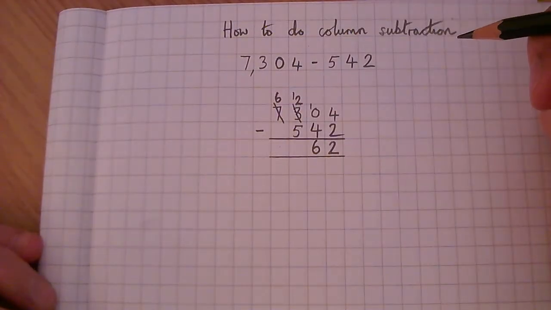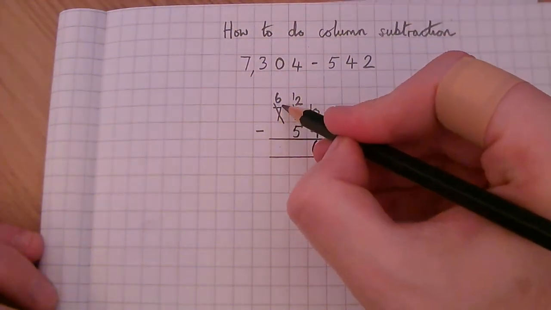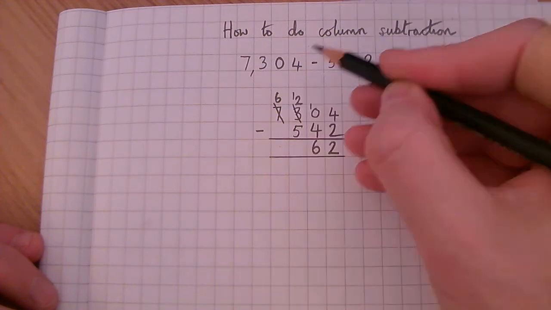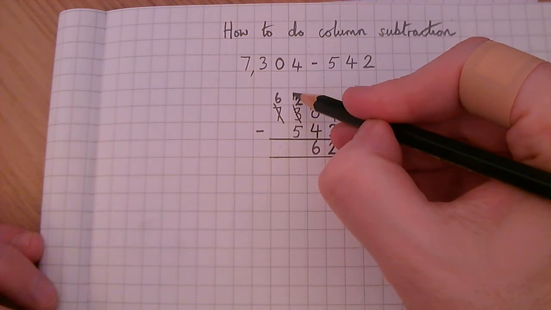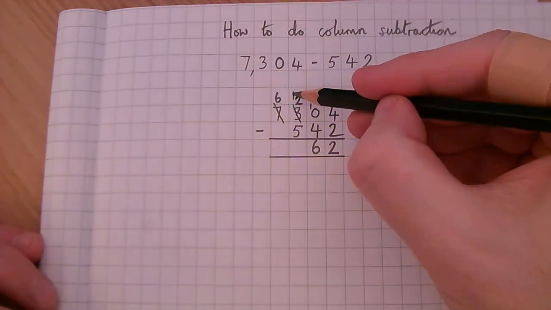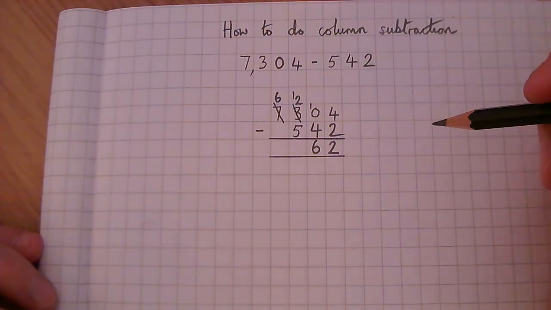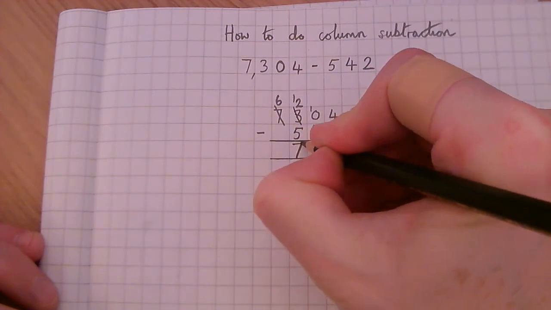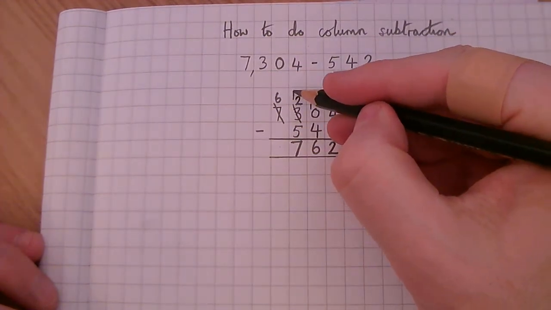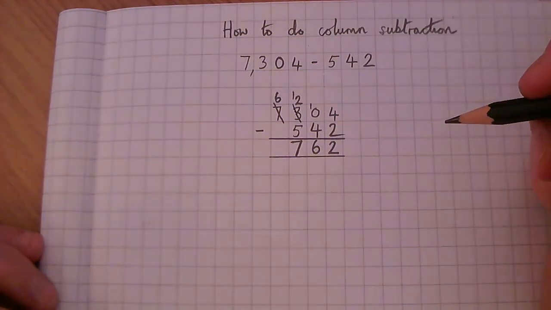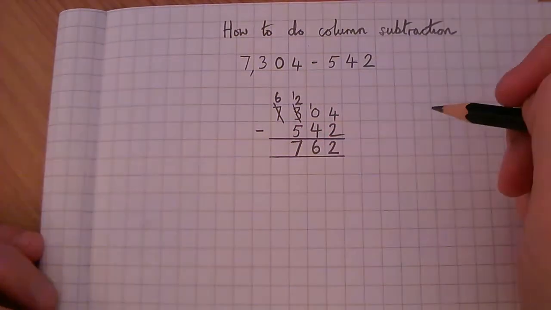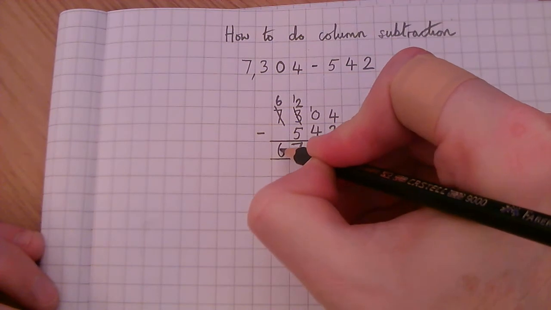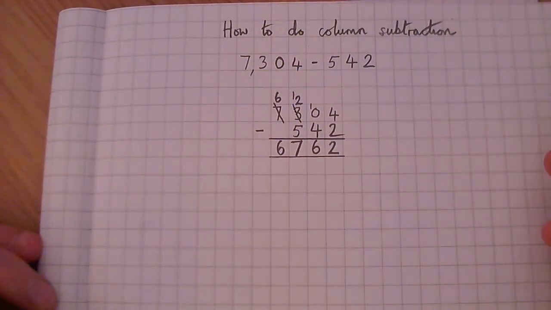So what we've done to explain that is this is worth 7,000 and we've taken one of the thousands, so we've now got 6 thousands. And we've put our 1,000 here and exchanged it so it becomes 1200s. So 1200s take away 500s is 700s. And remember, in your head you can just say 12 take away 5, but remember it's 1200s take away 500s, 700s. Then we've got 6. I haven't got anything to take away, so our 6 just goes there. So we think our final answer is